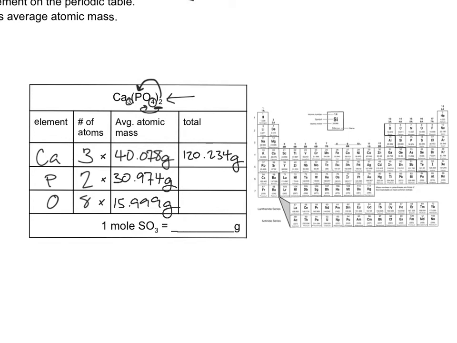And that's in grams. Then we've got phosphorus is 2 times 30.974, which is going to be 61.948 grams. And lastly, we have oxygen. 8 times 15.999 is 127.992 grams. Then you take all those totals, add them together for the entire thing, and you get a total